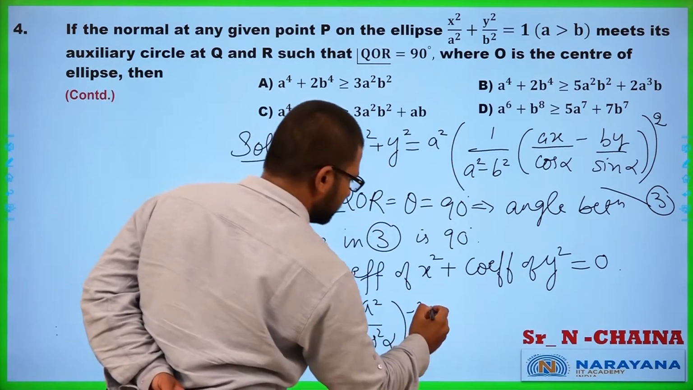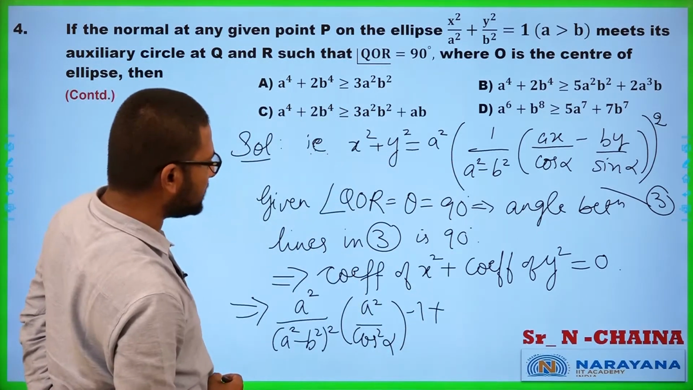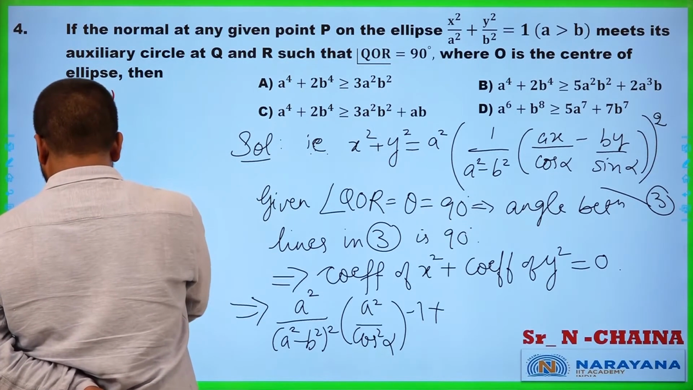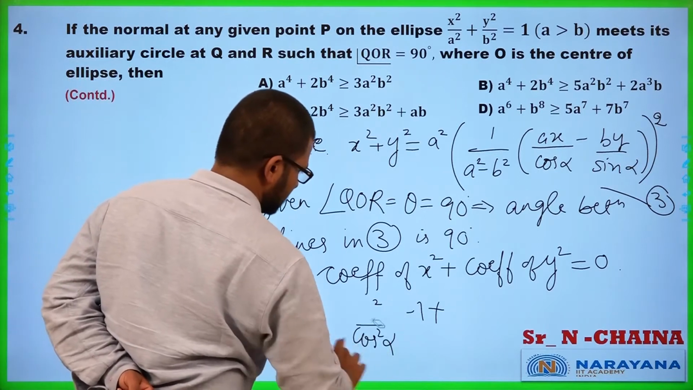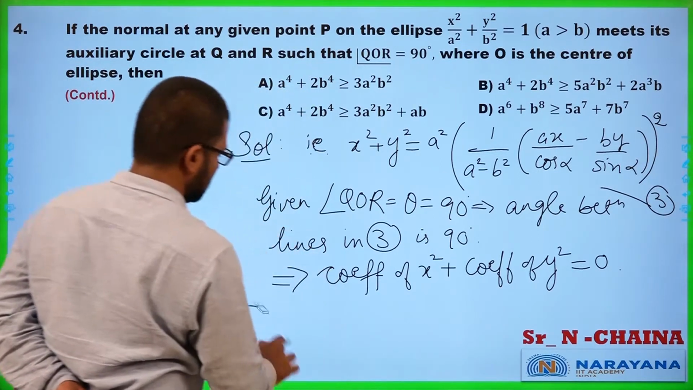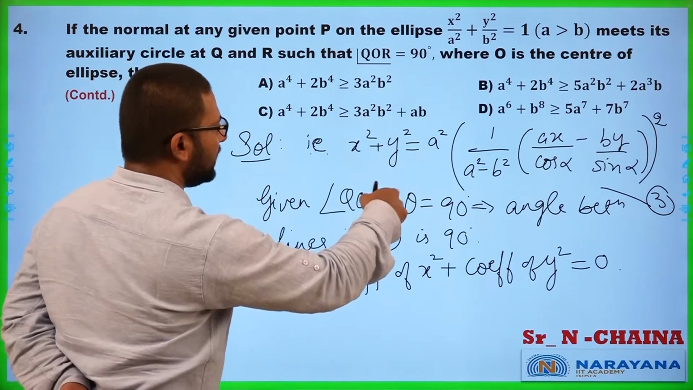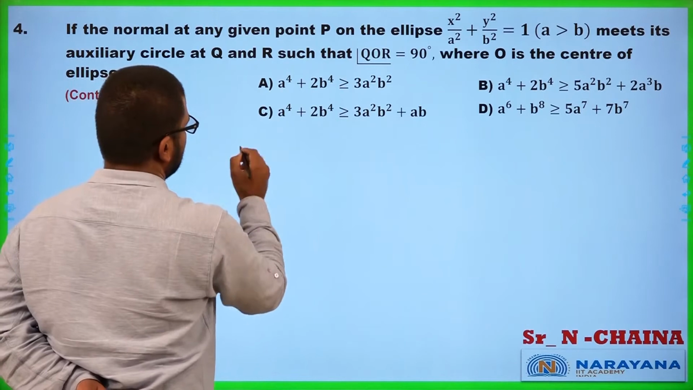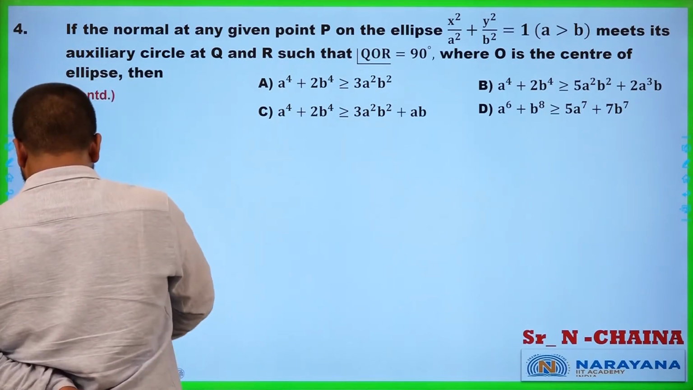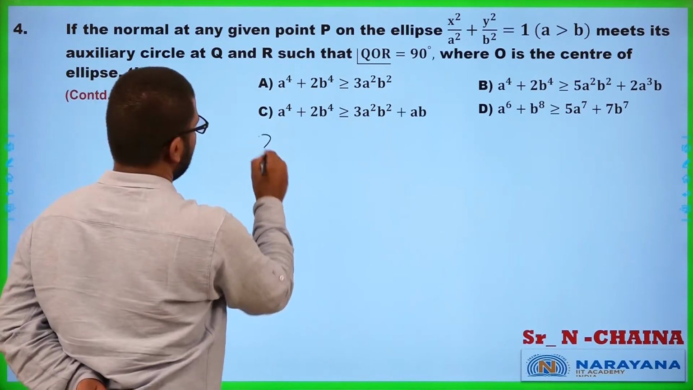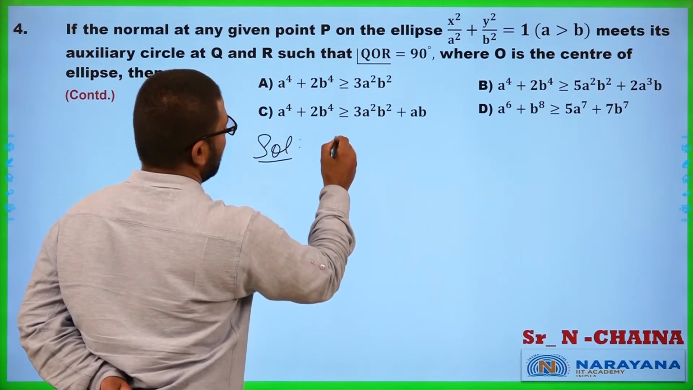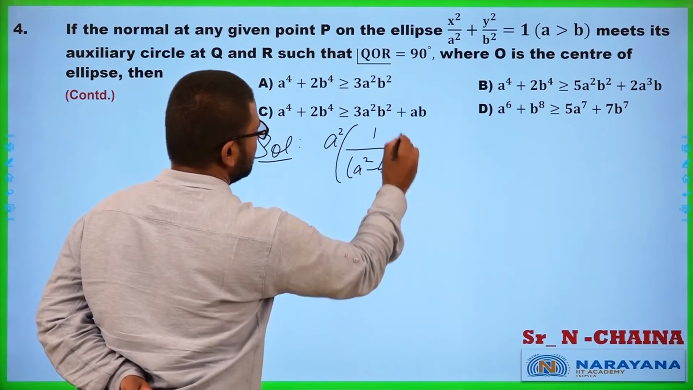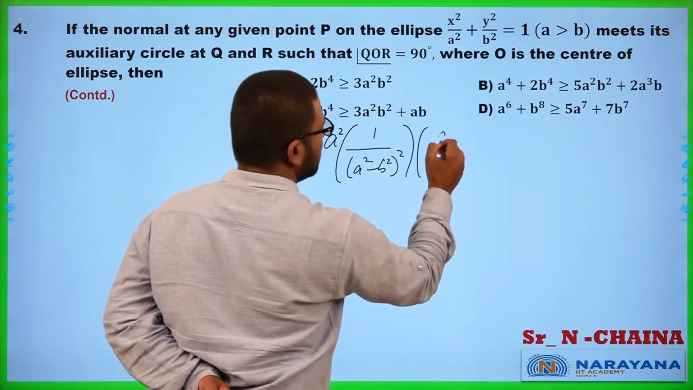then from there, is there space? I think we will have to write it in the next page. Let us remove this. Alright, so a square by a square minus b square the whole square. Yeah? So we have a square into 1 by a square minus b square the whole square into a square